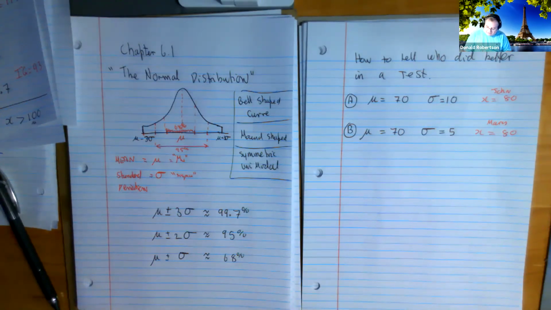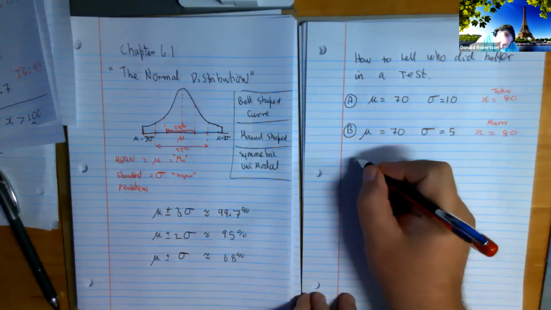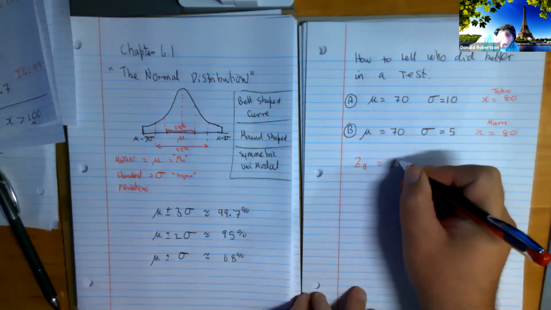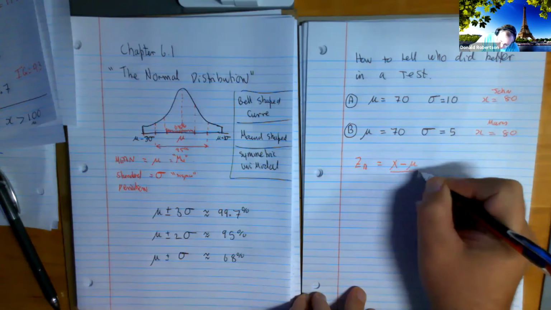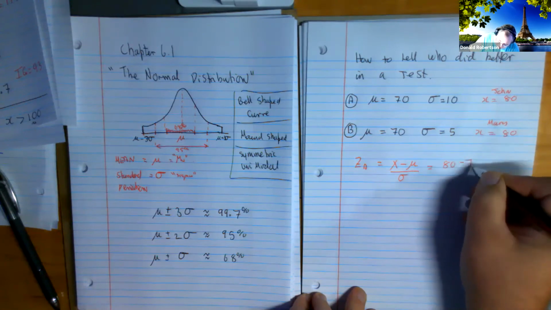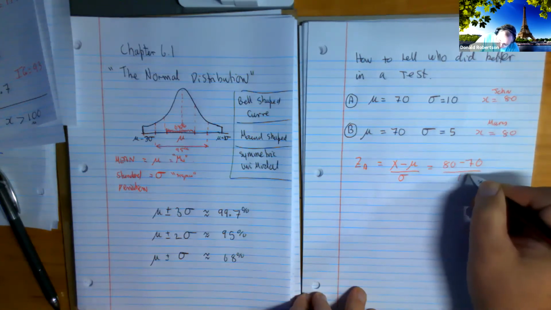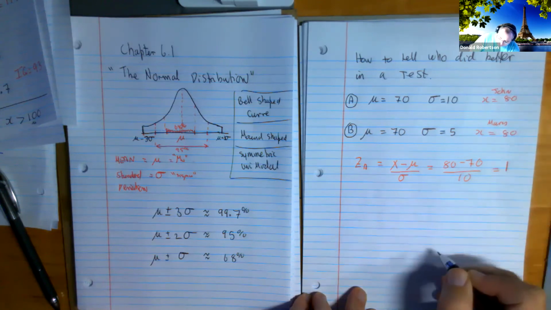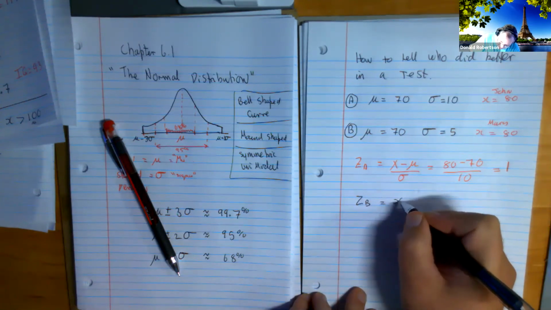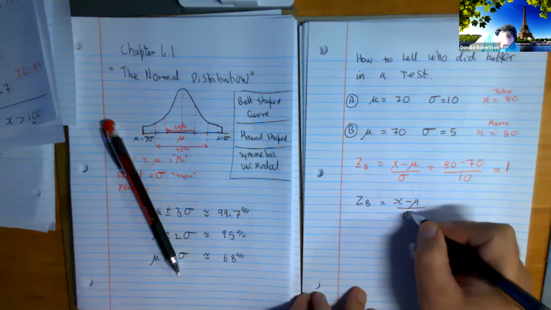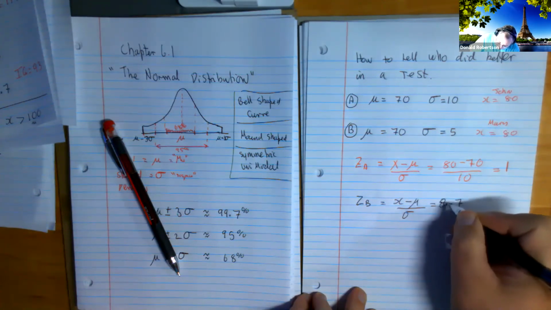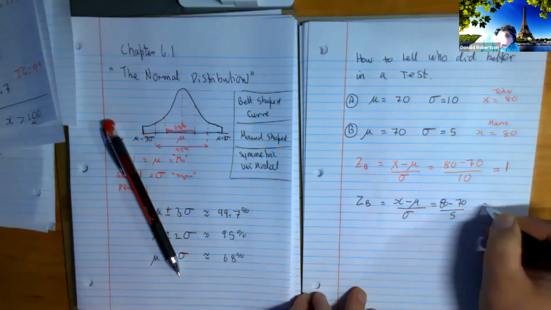So how do we decide in a fair way? You get the z-score. So I'm going to get the z-score from Class A. It's the data, take away the mean, over the standard deviation. John got 80, the mean was 70, and the standard deviation is 10. So he got a z-score of 1. Let's do Mary now. Well, Mary also got 80. The mean was also 70. But the standard deviation was 5, and she got 2.